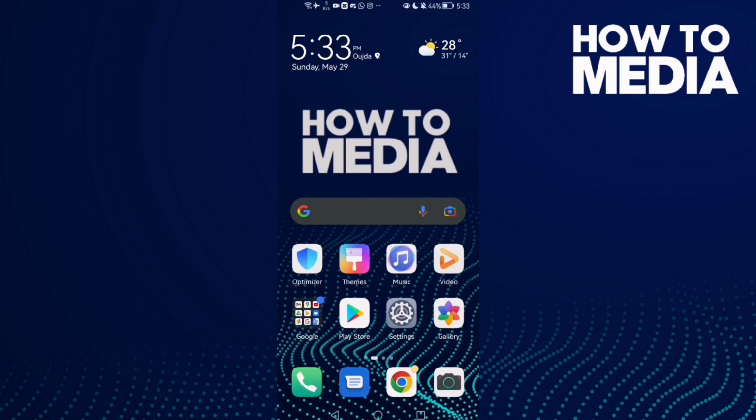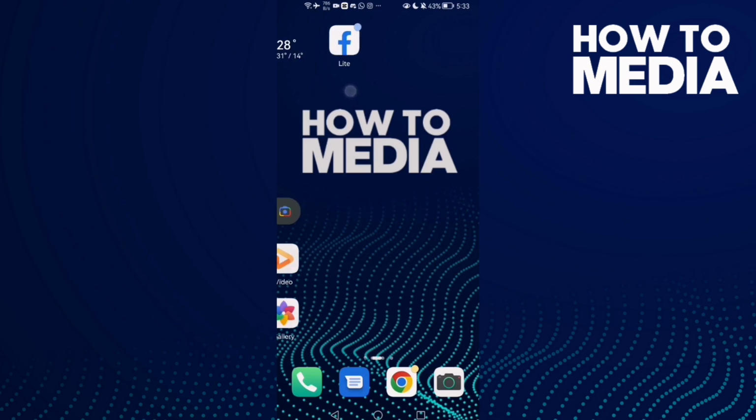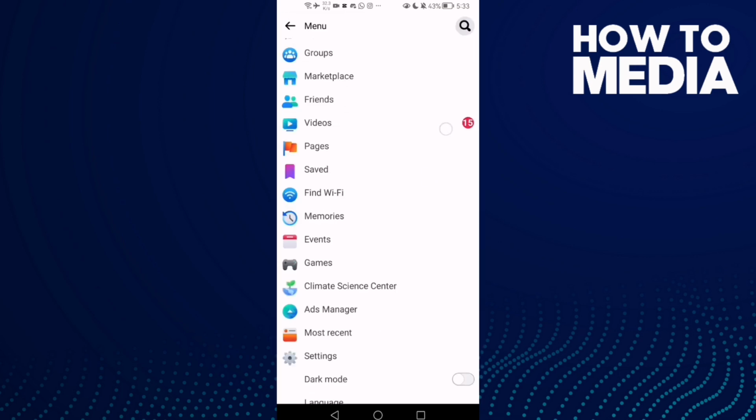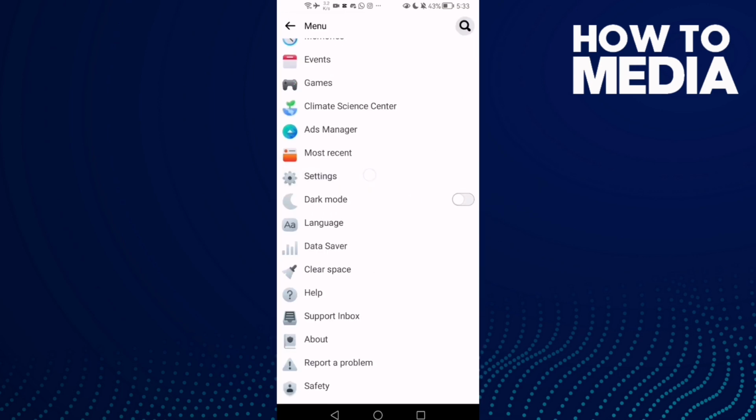How to make only your friends can see your college information on Facebook Lite. Hello guys, in today's video I'm going to show you how to make only your friends can see your college information on Facebook Lite. First thing, go to Facebook Lite and here just click these three lines in the top corner, go down, click settings,